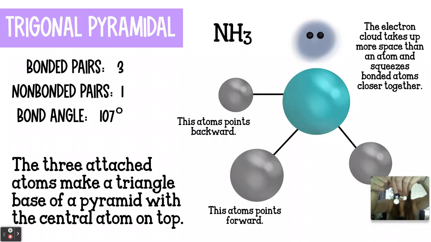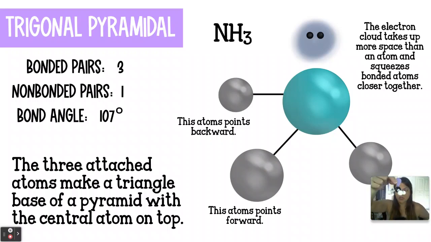And if we ignore the lone pair, the atoms here are going to kind of build a triangle, if we looked at it this way, with this nitrogen being the tippy top of a pyramid. So if you think about it, this is a triangle-based pyramid, which is how we got the name trigonal pyramidal. The bond angle between any of the hydrogens, so hydrogen, nitrogen, hydrogen, making that bond, is going to come out